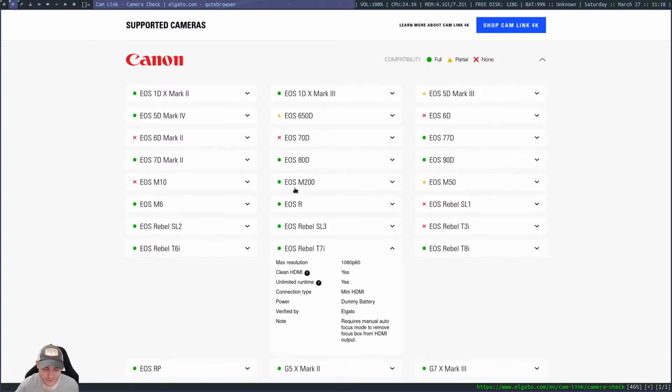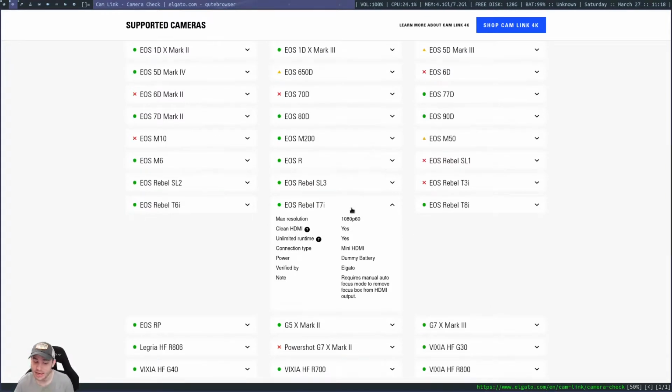I'm not doing that. And they had a T7. They didn't have the T7i at Best Buy. They didn't even have it in stock or anything. They just had the T7 there. And I was talking with the dude. He's like, yeah, it outputs clean HDMI, which you'll see is a big freaking factor. I bought it. The T7 does not put out clean HDMI.